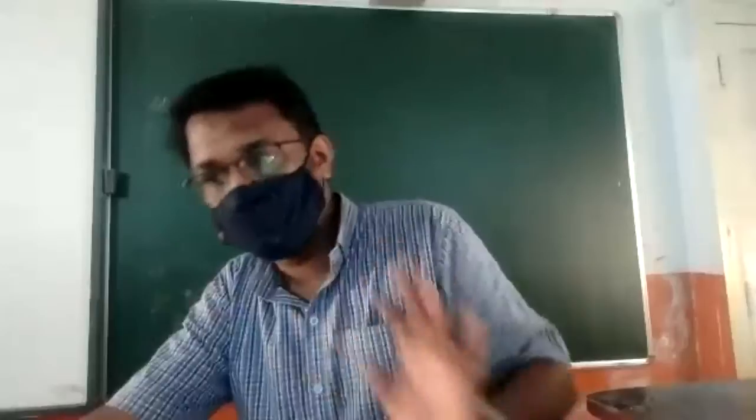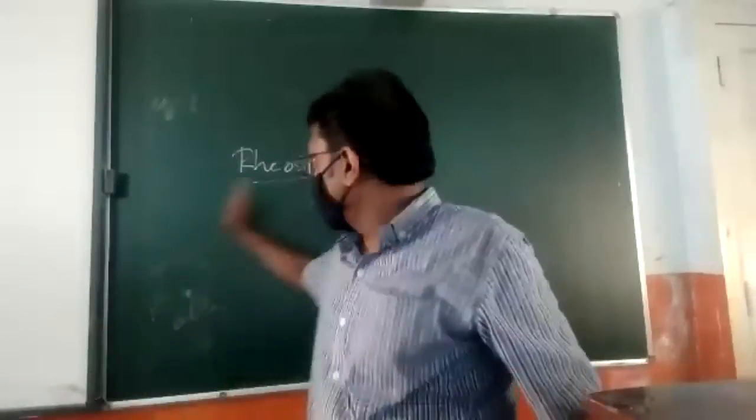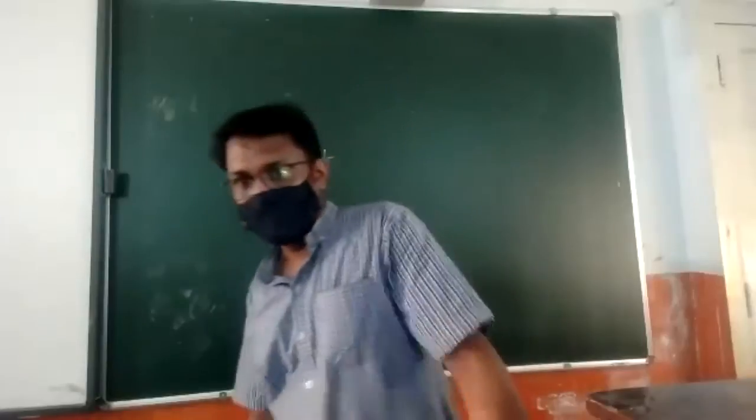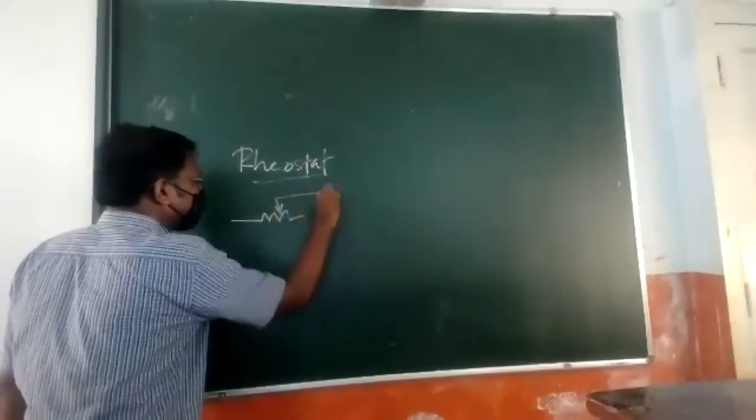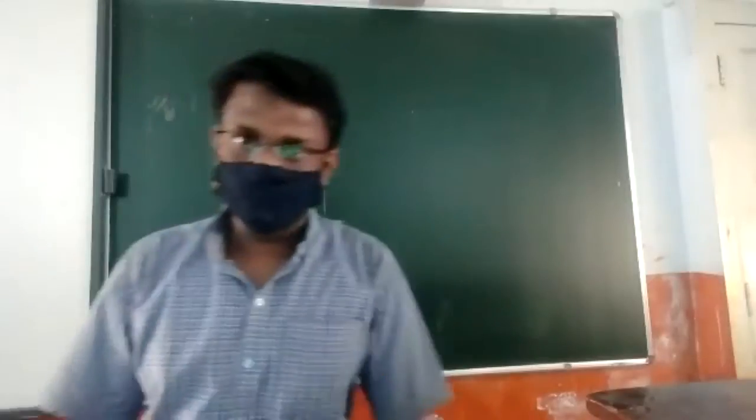Remember, the topics that we are discussing from now have practical importance in your syllabus. That means all these matters you will see in your practical classes. Okay, so I told you all the basics we have discussed yet. Now we are going to the practical aspect of all these concepts. See, rheostat is one of the circuit elements in the DC circuit. What is a rheostat? This is the symbol of rheostat.